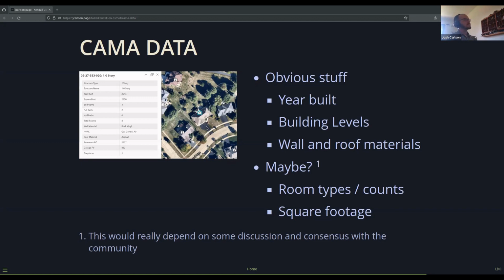But at least the exterior stuff, the things you can observe from the sidewalk, I'd like to get those in, and maybe even get roof shapes, because I'd love to open Kendall County in one of the 3D viewers and have the buildings all look roughly the right height and roof style, maybe different colors.